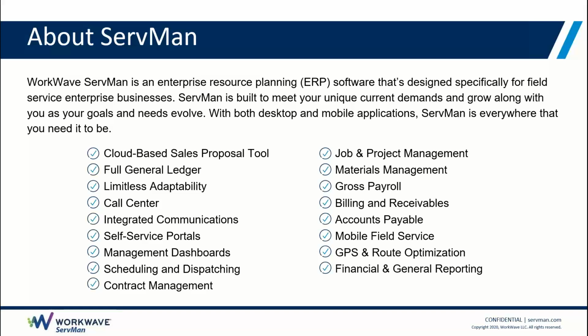Call center. We actually integrate your phone system with ServMan, and that allows us to look at, first of all, the caller ID that's incoming, so we could pop a screen for the call taker and let them have a very personal methodology for interacting with the customer. We want to have a really great experience right at the beginning of that customer journey, and the call center tools allow us to do that. More importantly, we're actually databasing all of the calls and the reasons that those calls were made and the outcome of those calls in ServMan, which provides a lot of actionable information for you,